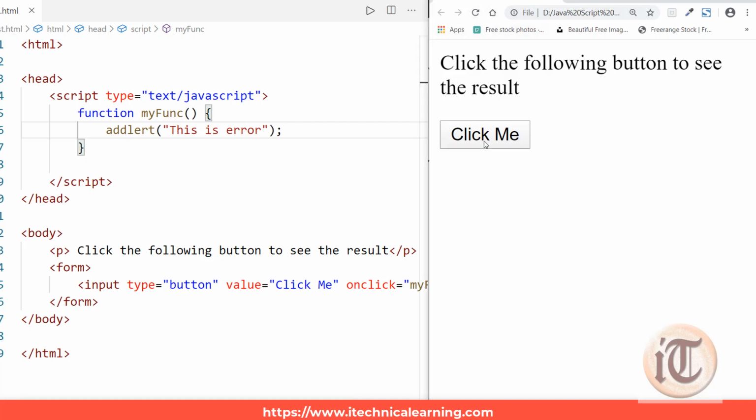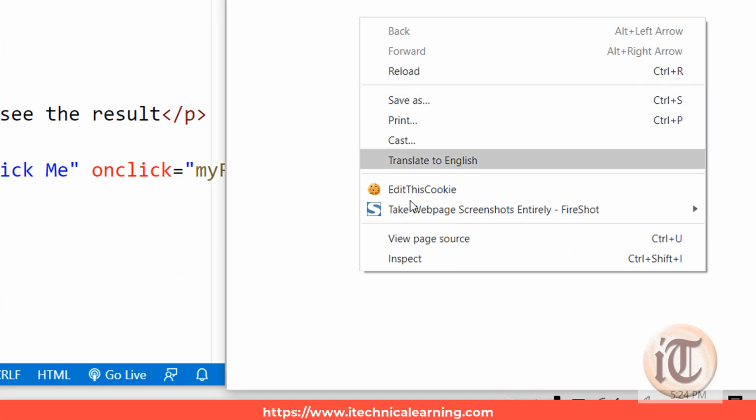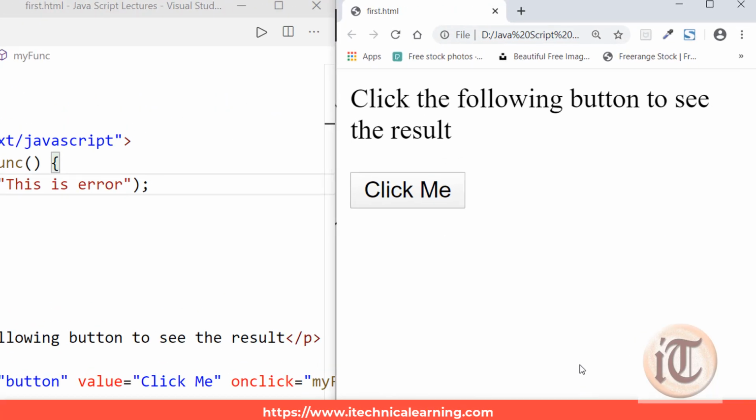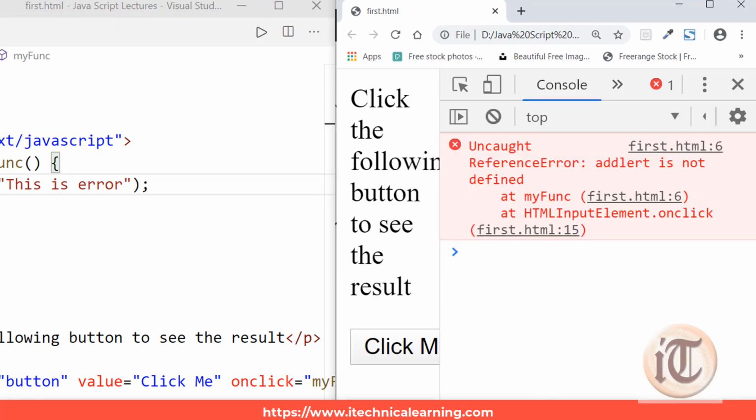So I'll refresh my code, and if I click here, you can see it is not generating any output, but it contains an error. I have written the code for it, but I'm not getting any output, nor any error message. So to see such messages, I have to right click and go to the inspect part, and the shortcut is Ctrl+Shift+I. And inside the inspect, I'll go into the console, and you can see inside the console it is saying uncaught reference error, alert is not defined. So my browser is not able to find the meaning of this alert I have written inside the code. And it is generating an unwanted condition, an unwanted exception.